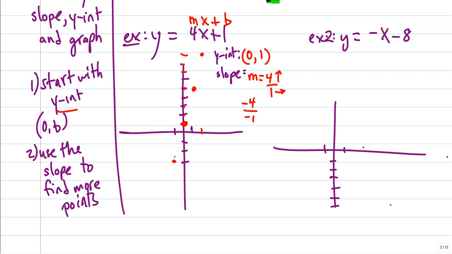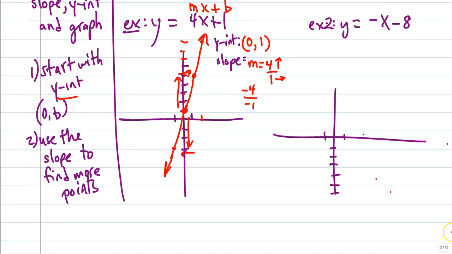So we can go up and right, or we can go down and left and get the same slope. And once we have these points, we graph our line by connecting the dots. Make sure you have an arrow on each side. So that's the process. It's really not that complicated, but I want to show you real quick because we've been